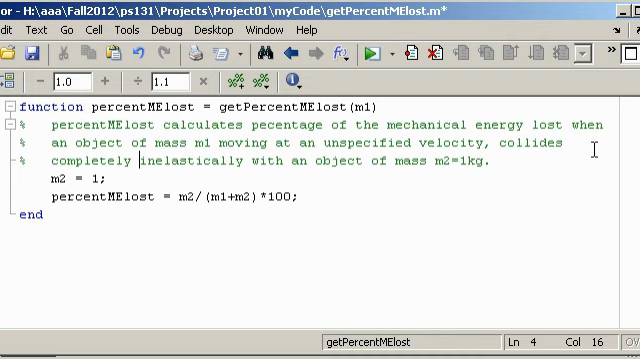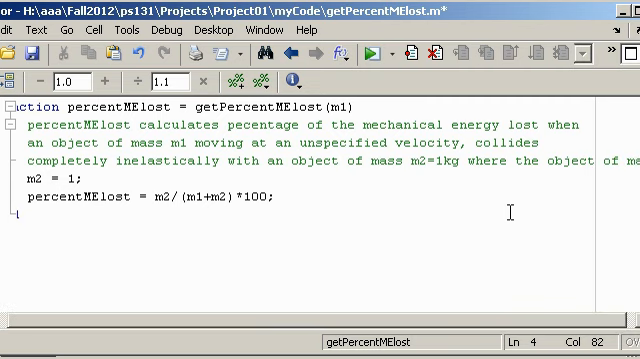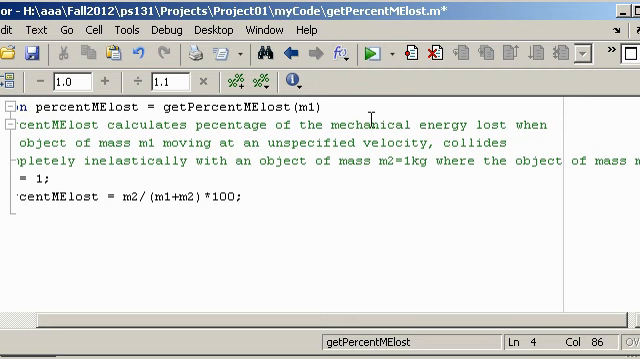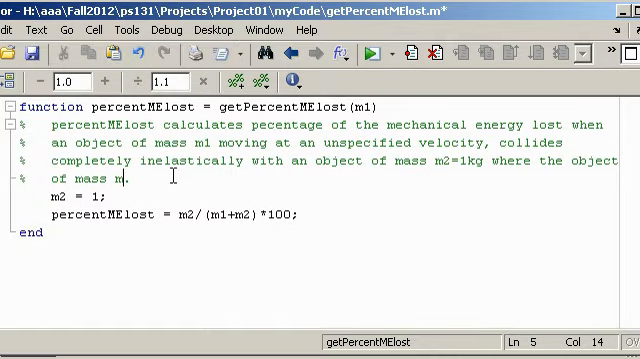%me lost calculates the percentage of the mechanical energy lost when an object of mass M1 moving at an unspecified velocity collides completely inelastically with an object of mass M2, where the object of mass M2, and looks like I may have lost my wrap the comments thing, is initially at rest. Alright,